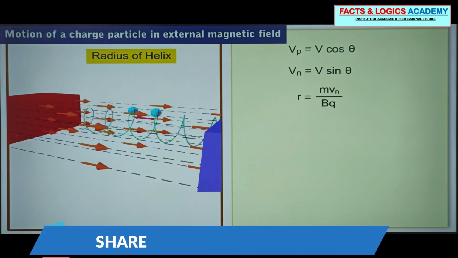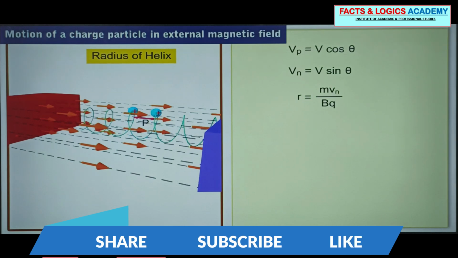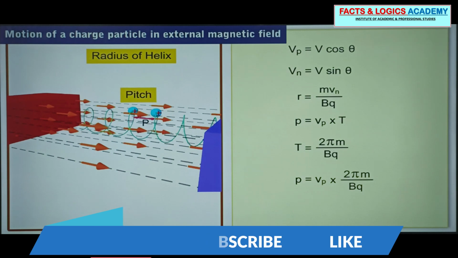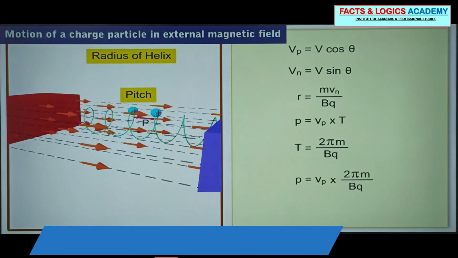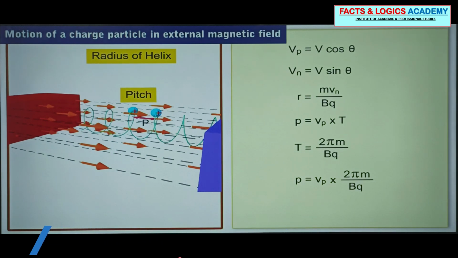The distance moved by the particle along the magnetic field during one rotation in the helix is called pitch. Pitch P is equal to the product of the parallel component of velocity and the time taken to complete one revolution, which is the time period of revolution. Substituting T is equal to 2 pi m by BQ in the expression, we get P is equal to Vp into 2 pi m by BQ, which is equal to 2 pi